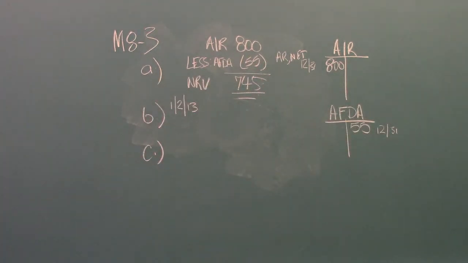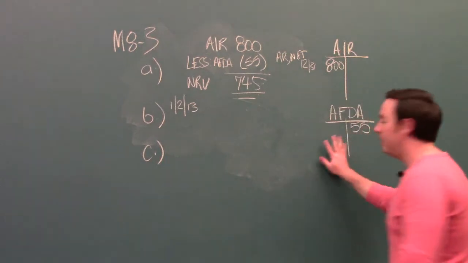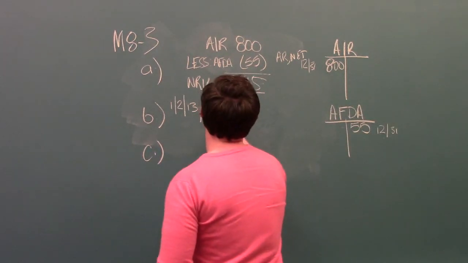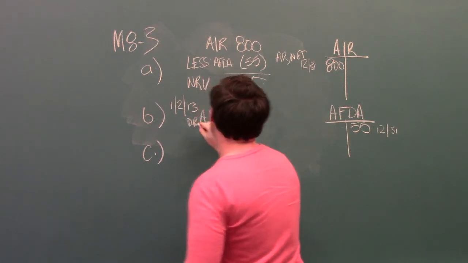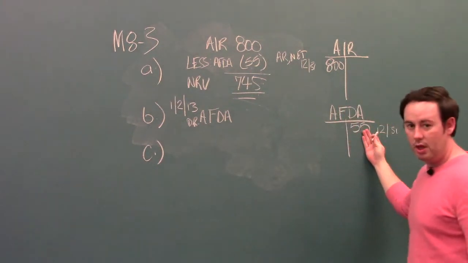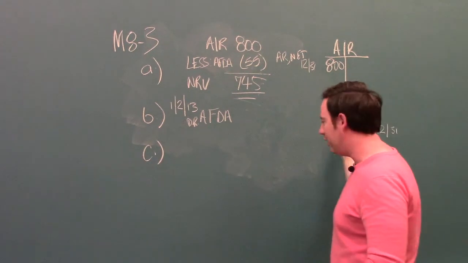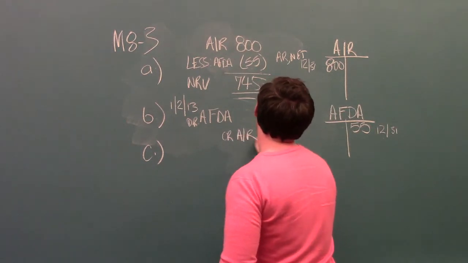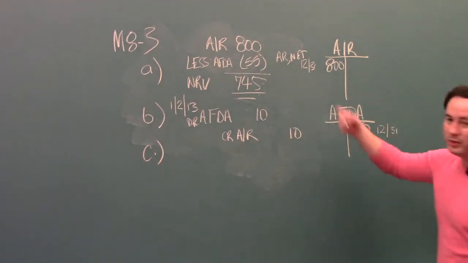Part B indicates prepare the journal entry to write off the accounts on January 2nd, 2013. It tells us that $10,000 is believed to be uncollectible, right? Well, to write off an account, we simply debit allowance for doubtful accounts. Remember, this is a contra account to accounts receivable. It offsets accounts receivable. Typically, it has a credit balance. When we write things off, we'll debit it to get rid of that credit balance. So $10,000 is what we expect, and credit accounts receivable $10,000 as well, right? So we reduce these two.